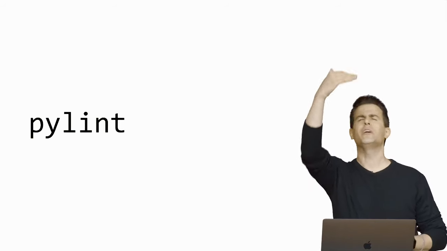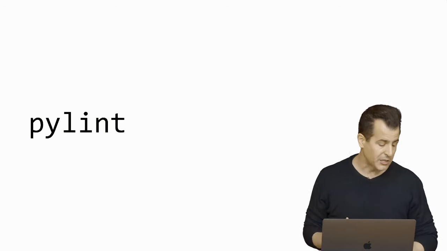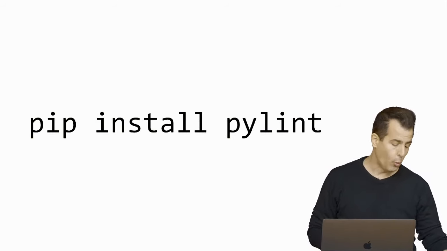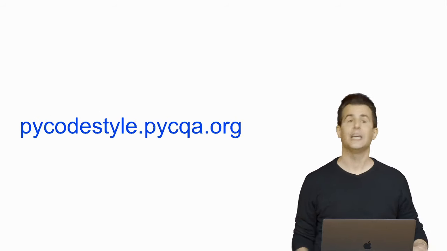And one of the most popular in the world of Python is a program called Pylint, which is an example of what's generally known as a linter, which is a program that statically analyzes, that is, reads your code top to bottom, left to right, and tries to figure out if there are potentially mistakes therein, or at least inconsistencies with something like a prescribed style guide. This is something that you can install via the usual ways, using something like pip, and its documentation is here.